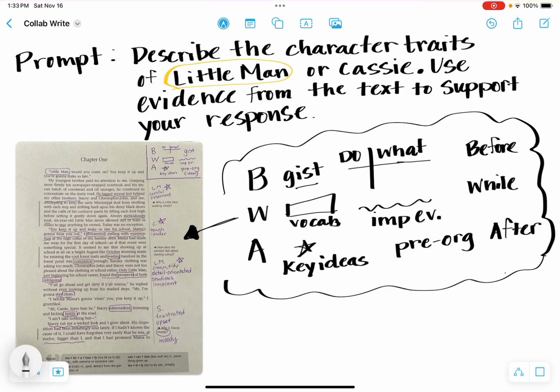So now I'm going to model the first part of a collaborative write. Remember, you would go through all of POWER with your students, and in this case, I'm only going to model the P and the O of POWER just because of time. I do have the other parts modeled in a document for you. So we would start by saying, all right, class,